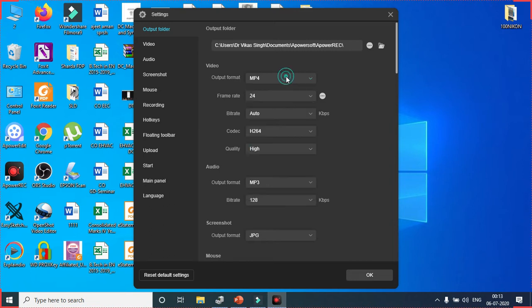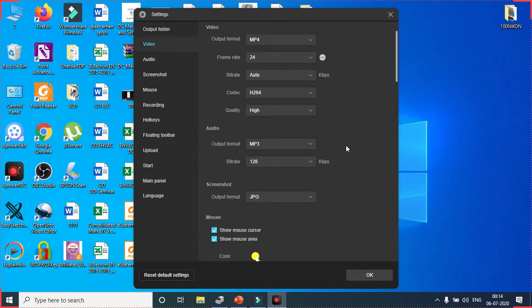Then you can also set the frame rate and bit rate. The quality you can select as standard, high or ultra high. Then the audio quality: the output format you can select as MP3, and here you can set the bit rate. These settings are the default settings in this software.